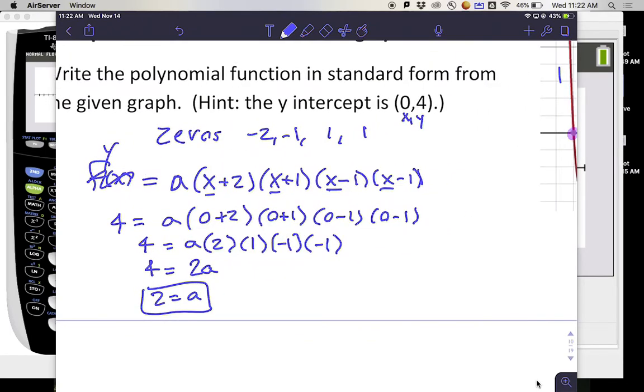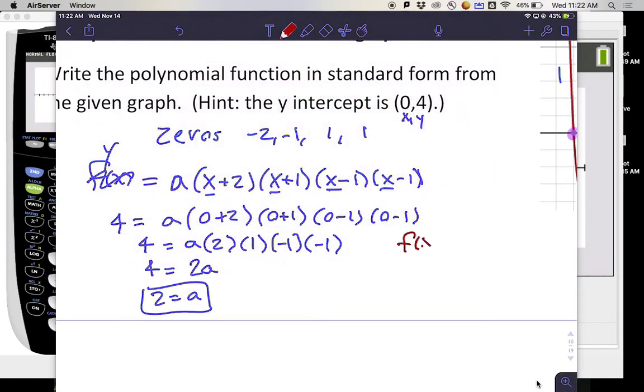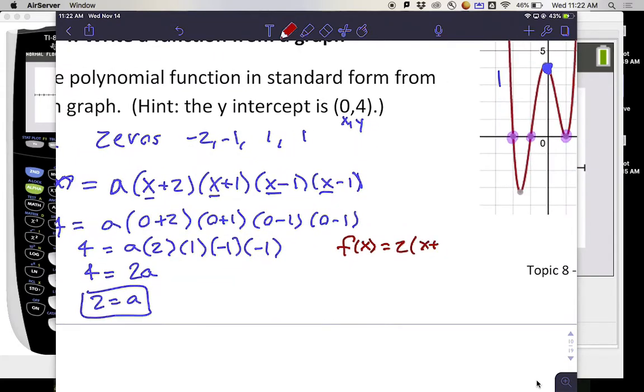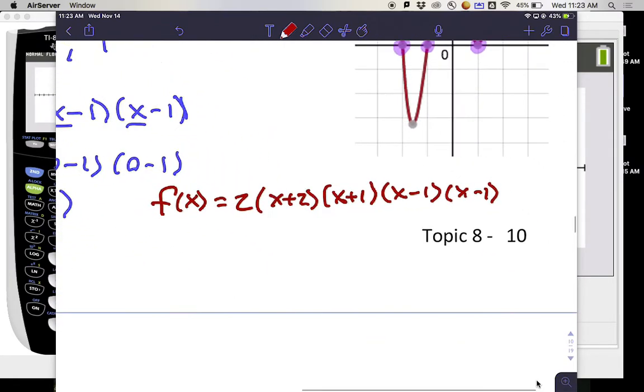Okay, since a is equal to 2, now we can write our function all together. So this will be f(x) equals 2 out in front of the parentheses, and then x plus 2, x plus 1, and then x minus 1 and x minus 1. Or you can even write x minus 1 squared. Whoops, you don't write squared in. Sorry, my bad there. So you can either write this thing squared and not write that other x minus 1, or you can just write it out twice. Now, since they asked for the equation in standard form, I actually have to simplify this